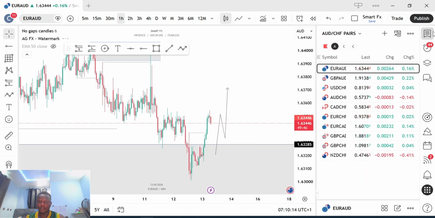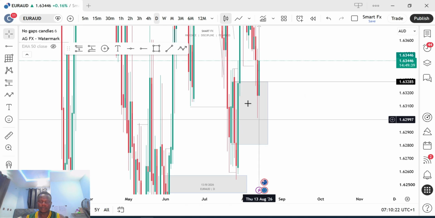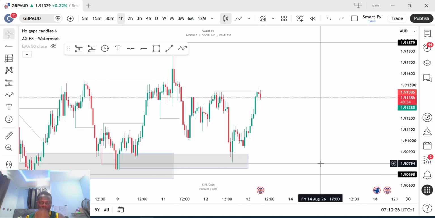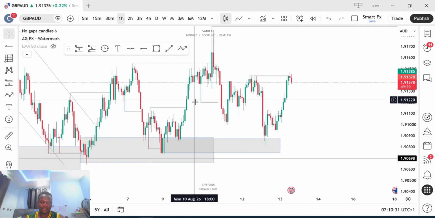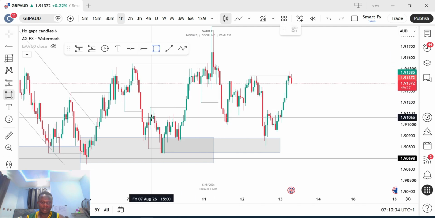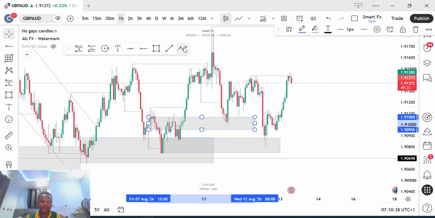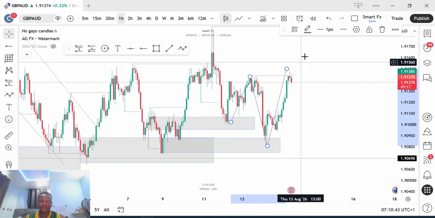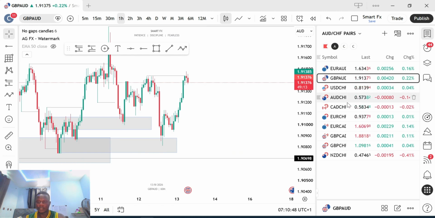Euro AUD has traded into the breaker block that we're looking at, so I'm waiting for confirmation entry for a buy. Similarly to this guy that took me out yesterday. After market structure shift and inducement, I entered through this other block, breaker block rather, which triggered. It moved up to this point and still came back and tapped me out. So if I see confirmation, I might join the sell again.